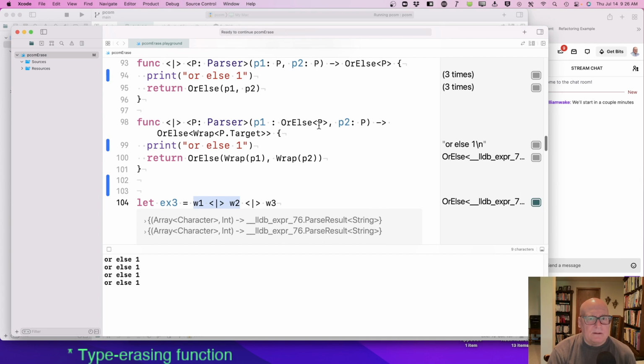I would have thought, well, OrElse produces P.target.